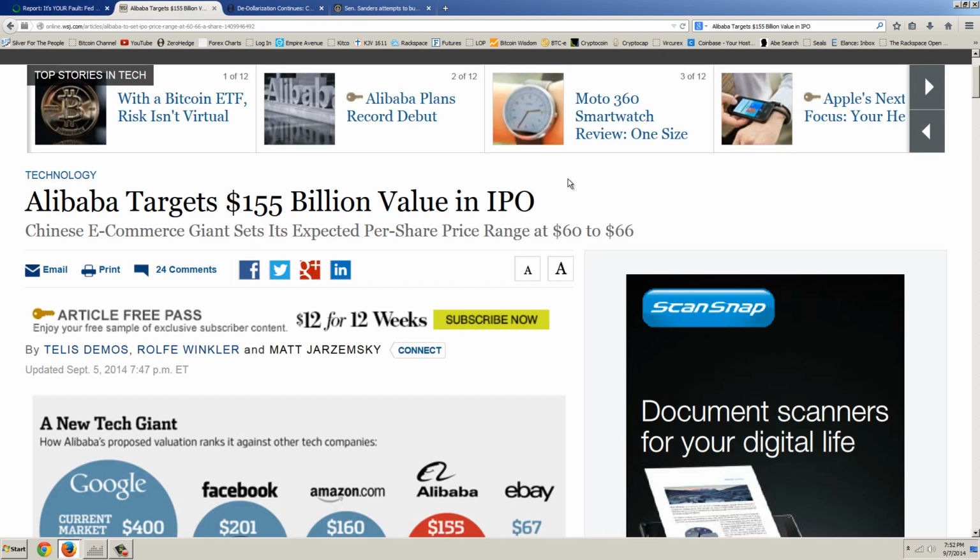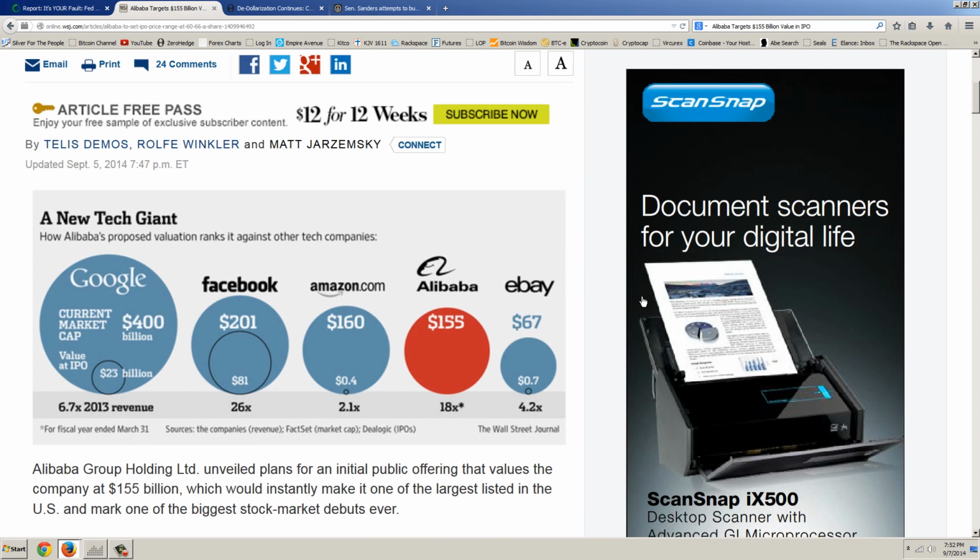Now, Alibaba is an IPO that's coming out. It's a Chinese IPO. It's a Chinese e-commerce giant. If you want to think about it, understand it, Alibaba is basically the Chinese Amazon. And we know that there are a lot more consumers in China than there are in America, but we've been told that they'll never really amount to anything because they don't make any money. So my question to those people who say that is, why is this Alibaba IPO worth more than 2 times eBay, almost as large as Amazon?